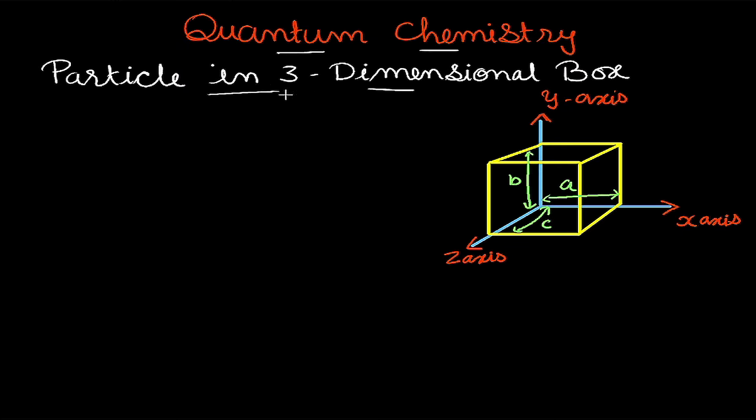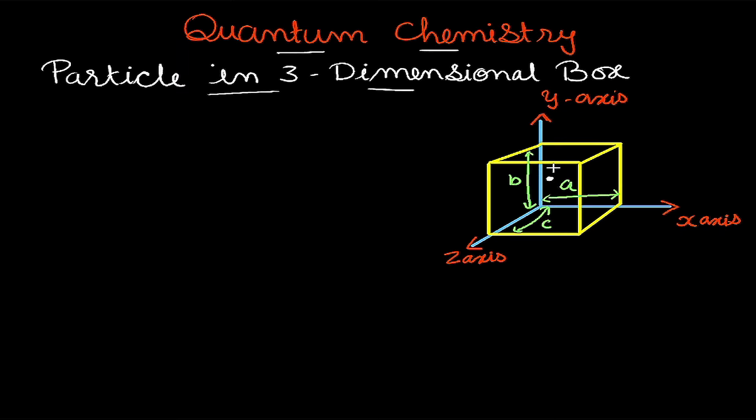So basically, a one-dimensional box is along any one axis, and over here we will be considering a three-dimensional box, and the particle is confined in a three-dimensional box. Suppose this is a three-dimensional box whose length along the x-axis is a, along the y-axis is b, and along the z-axis is c, and we have a particle,